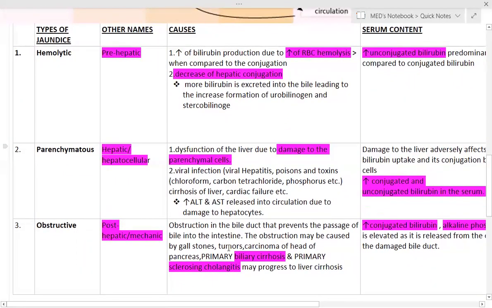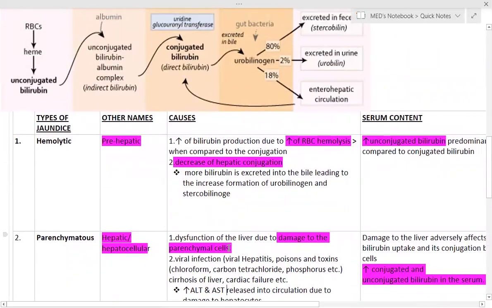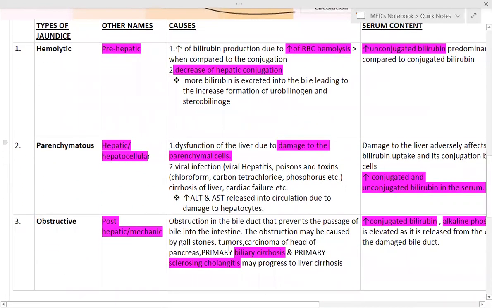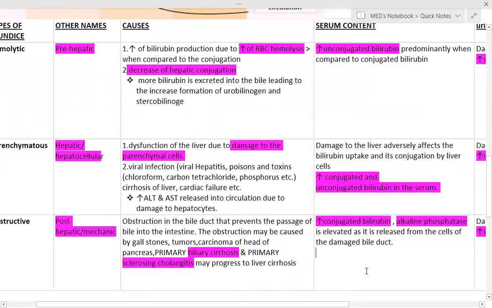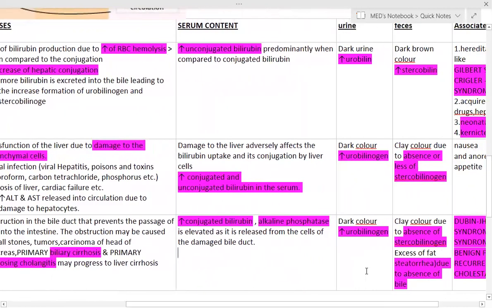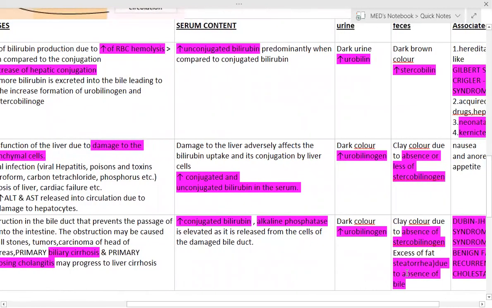Now, coming to the last type of jaundice, that is the obstructive jaundice. In the name itself, you have that there is certain obstruction in the bile duct. Now, if there is obstruction in the bile duct, the bile cannot flow into the gut. If the bile cannot flow into the gut, what does bile do? Bile does the emulsification of fats. Now, if the fats are not emulsified, that is not digested, in the stools you can see there is increased amount of fatty stools in this type of jaundice. That is called steatorrhea.